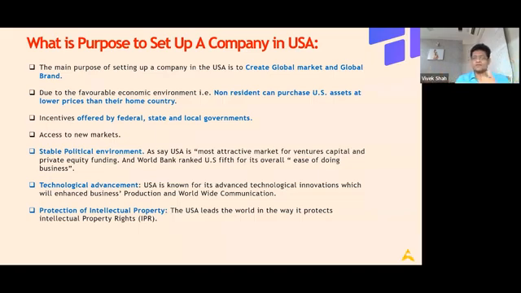The third is that a lot of incentives are offered by the federal, state, and local governments that apply only to domestic companies. Access to the new market. Sometimes if you are approaching the client from your Indian entity, versus approaching the client from your US entity, that makes a huge difference. So that may be a reason. The political environment, the stability, the technology advancement, and again the very important